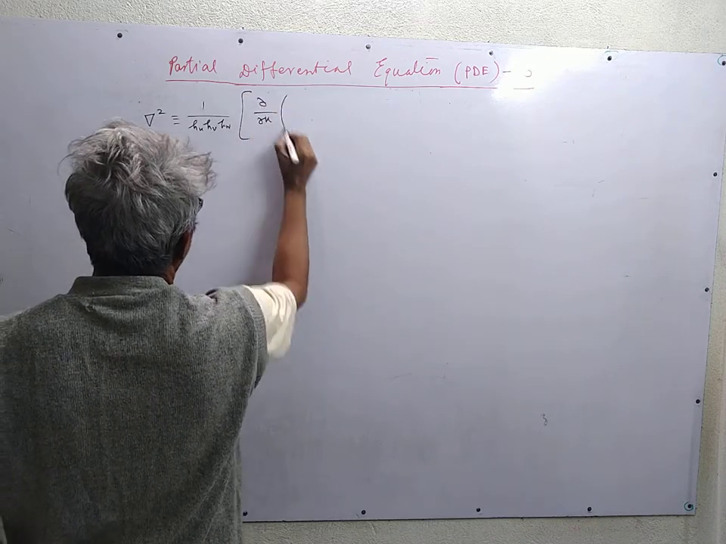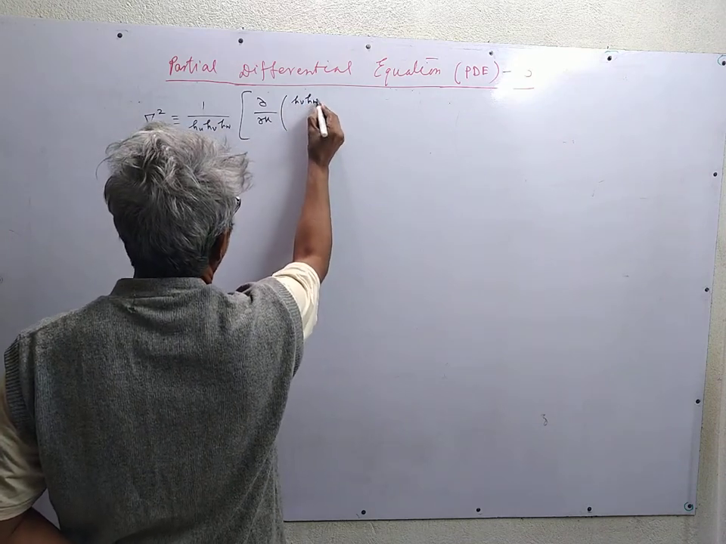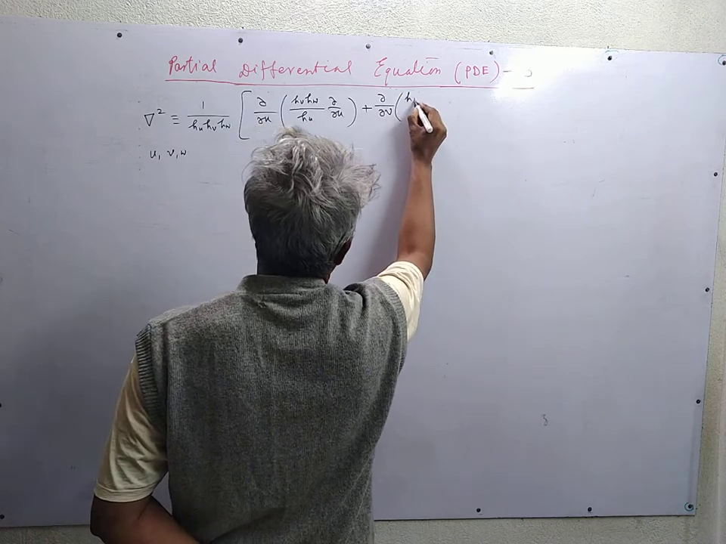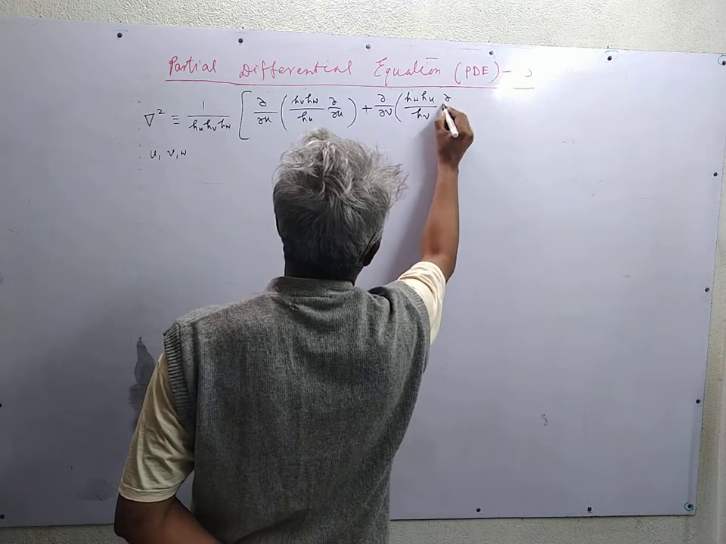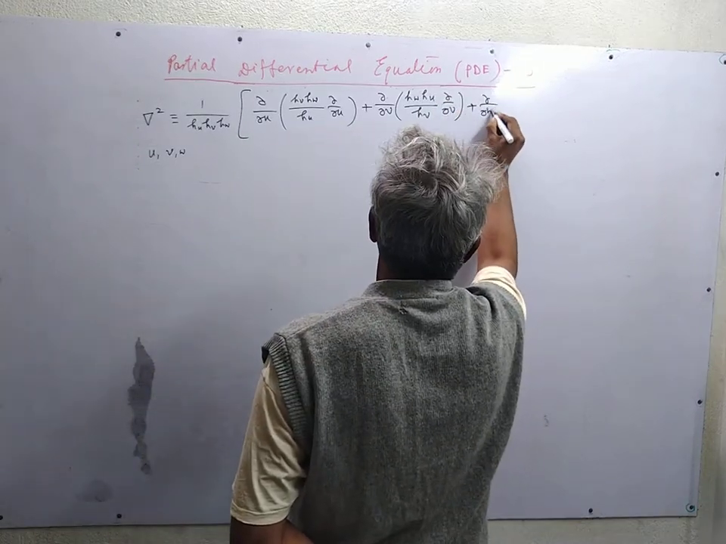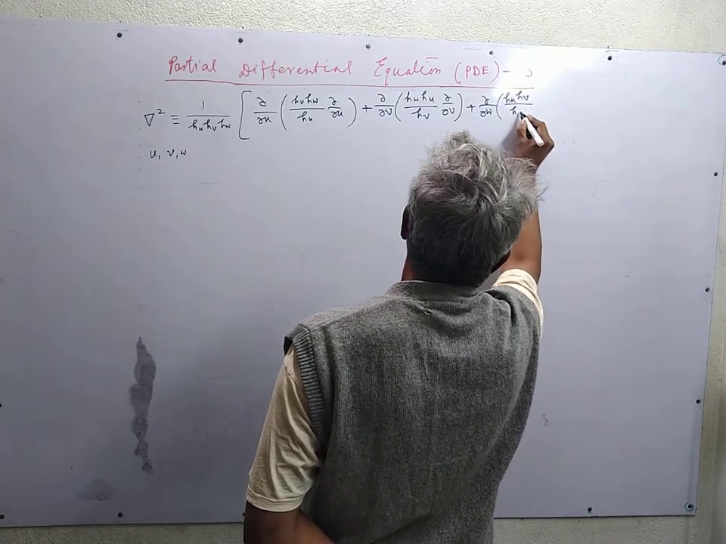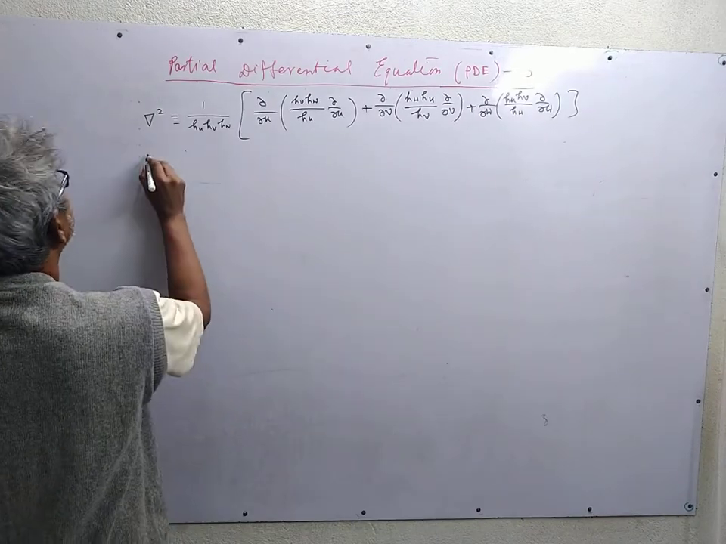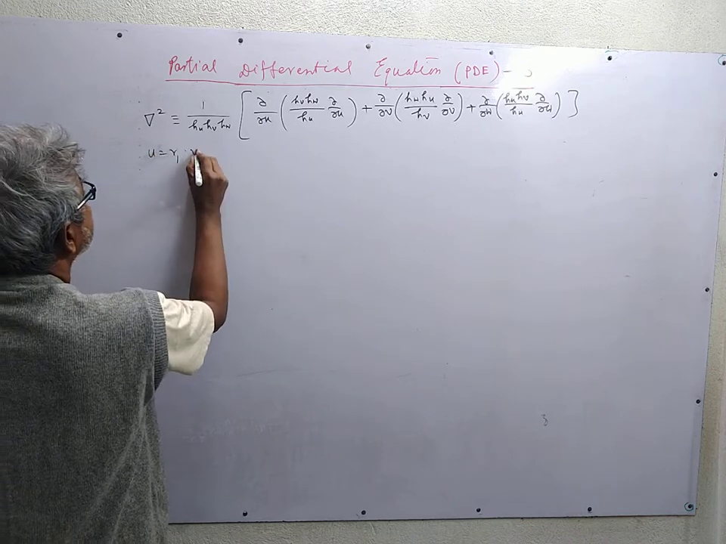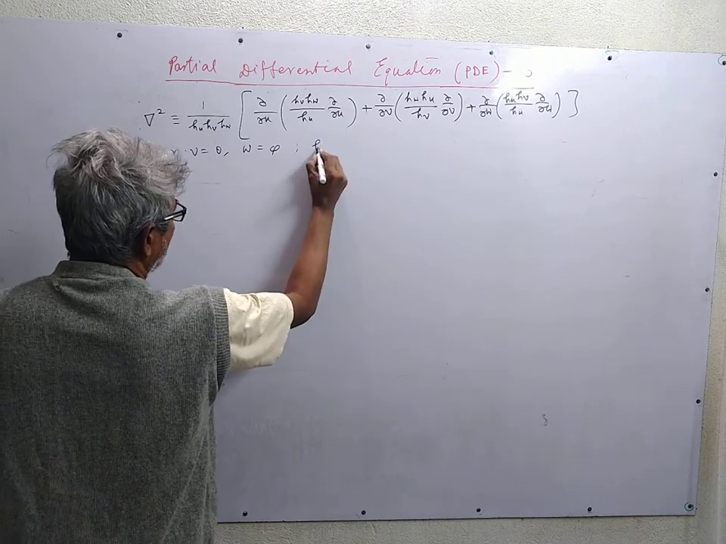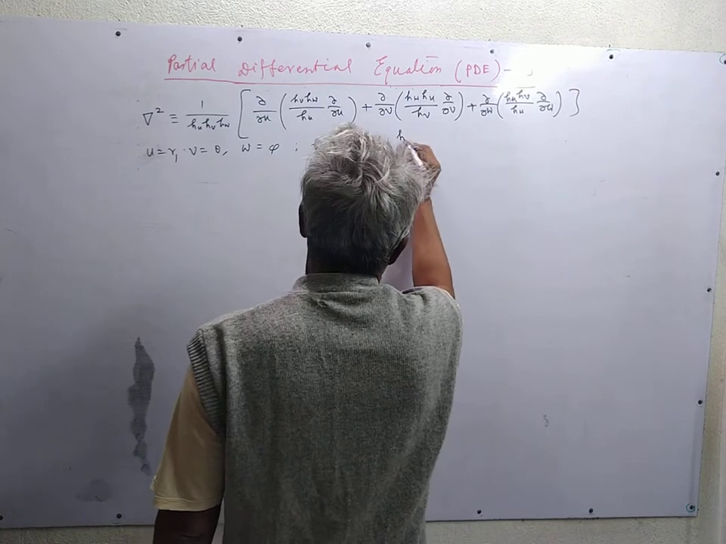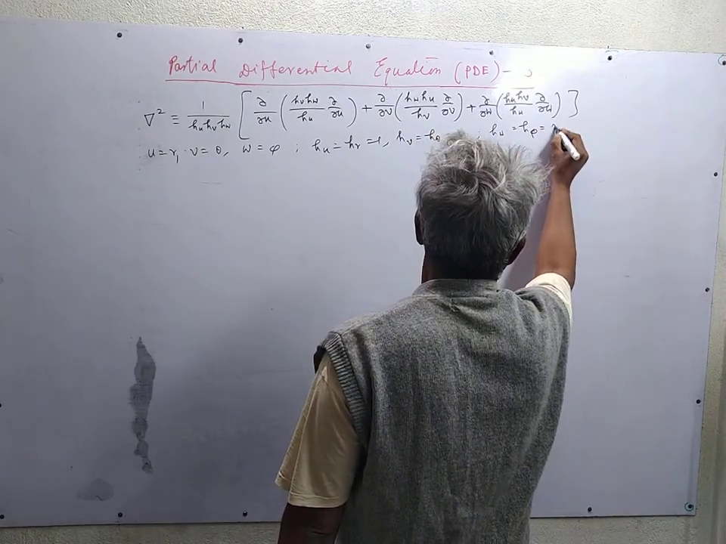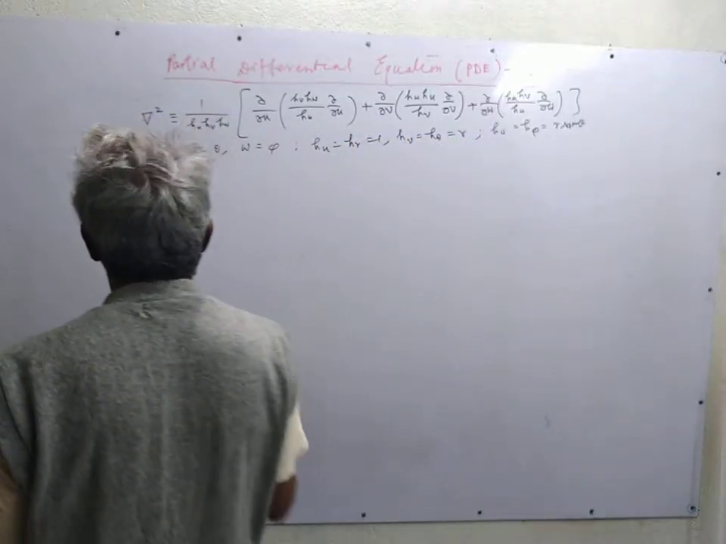Then, del u of h_v h_w divided by h_u del u, plus del v of h_u h_w divided by h_v del v, plus del w of h_u h_v divided by h_w del w, where for the spherical polar coordinate system u is equal to r, v is equal to theta, w is equal to phi, h_u is equal to h_r is equal to 1, h_v is equal to h_theta is equal to r, and h_w is equal to h_phi is equal to r sin theta. So the Laplacian